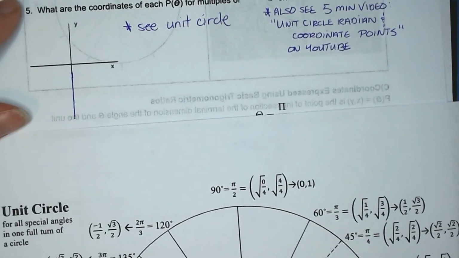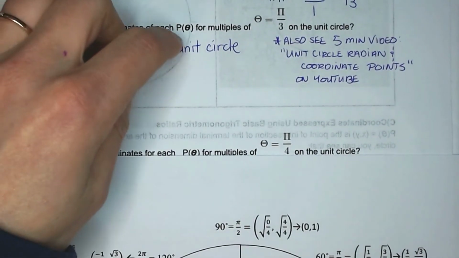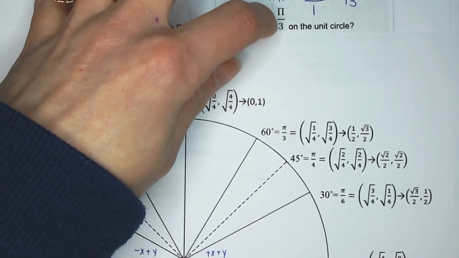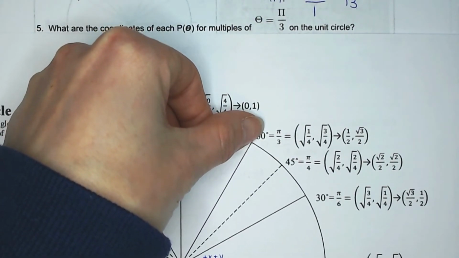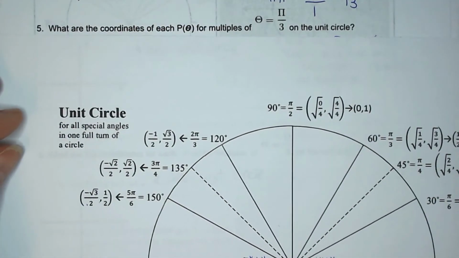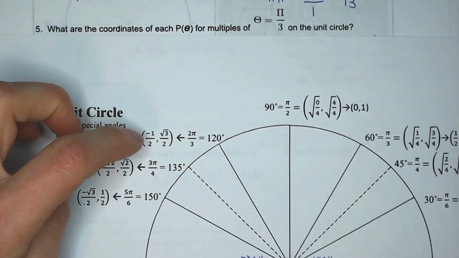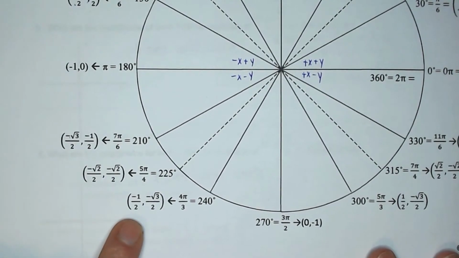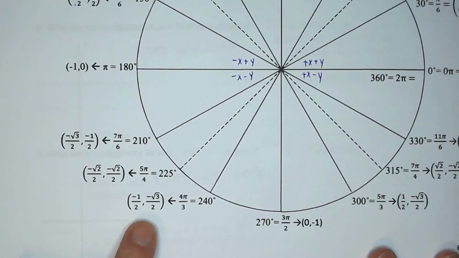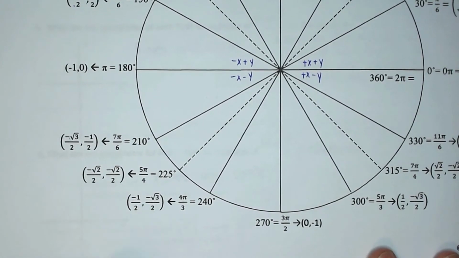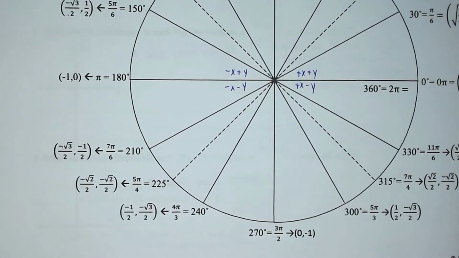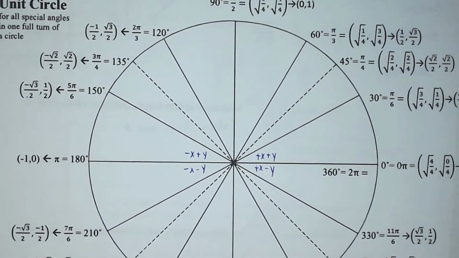So in your sample question, it says, what are the coordinates of each P(theta) for multiples of pi over 3? So you're just going to look for the pi over 3 coordinates, 1/2, root 3 over 2. Okay. Here's the next one, 2 pi over 3, negative 1/2, root 3 over 2. Down here at 240, negative 1/2, negative root 3 over 2. And then finally here at 300, 1/2, negative root 3 over 2. So all those coordinates are there and available for you, and you can just go through that second example problem,